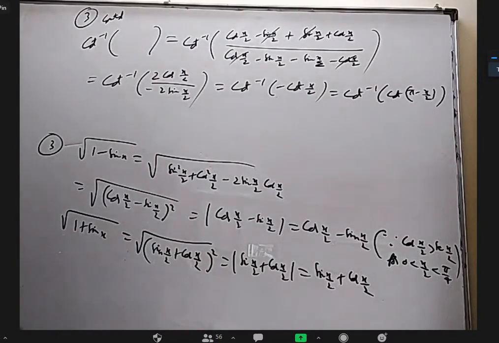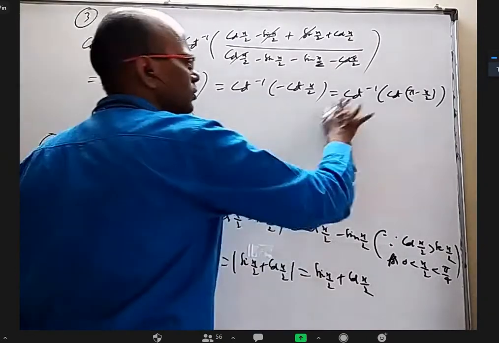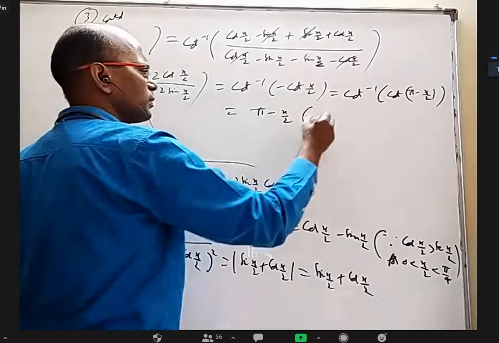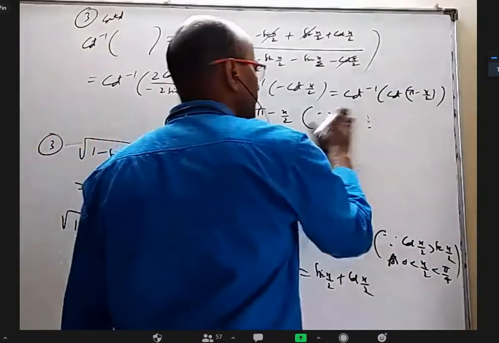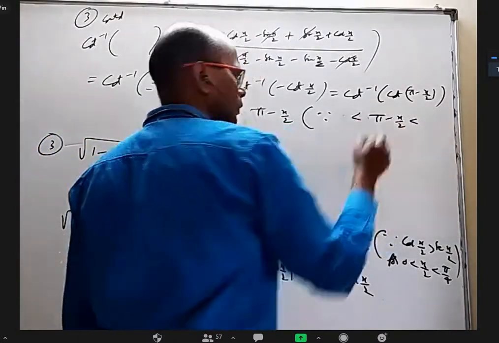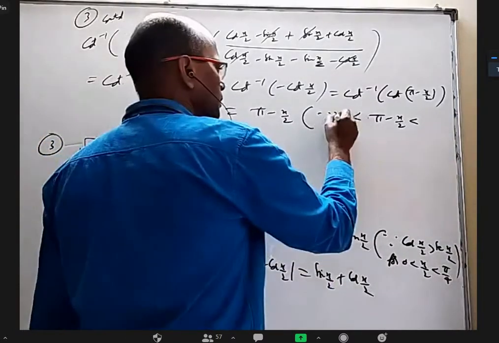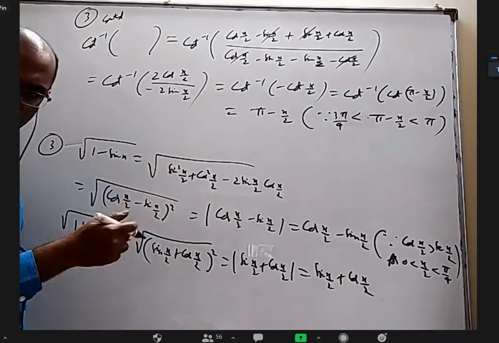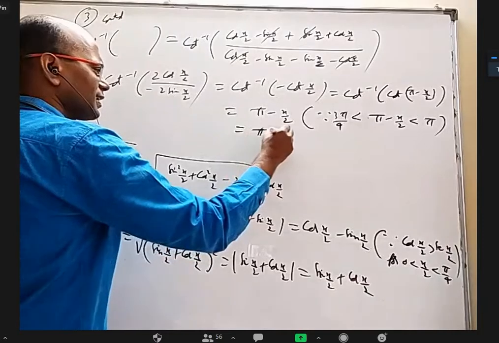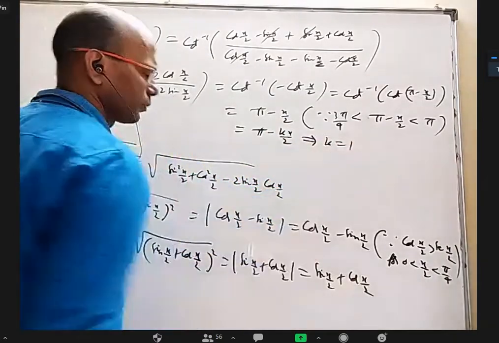When x is between 0 to pi by 2, x by 2 is between 0 to pi by 4. No, it's not right. Now, cot principal values are 0 to pi, so it is less than pi, not a problem. Okay, so this is fine. You can write pi minus x by 2 since it belongs to the principal range. When I put pi by 2, it will become 3 pi by 4. When I put 0, it will be pi. It is still less than pi, so no problem. That is same as pi minus kx by 2, which implies k equal to 1.